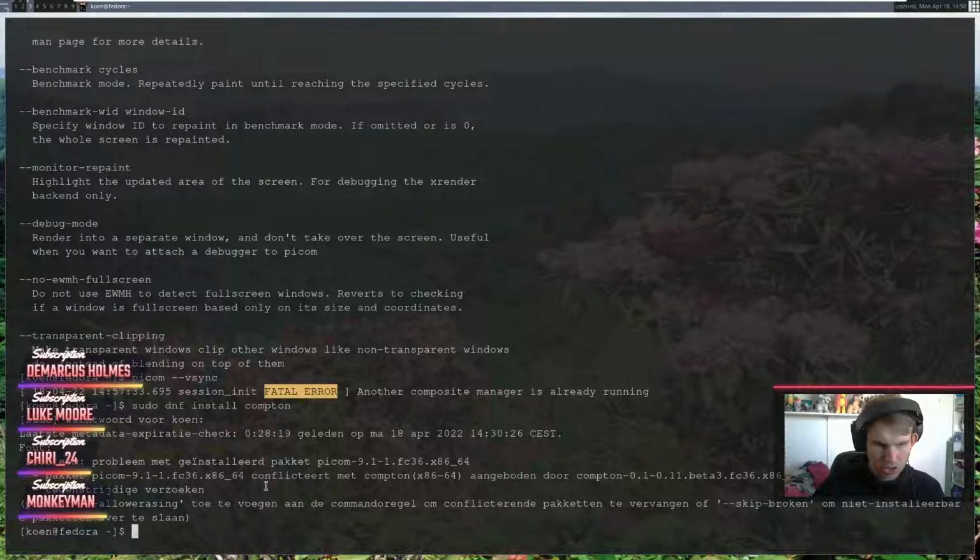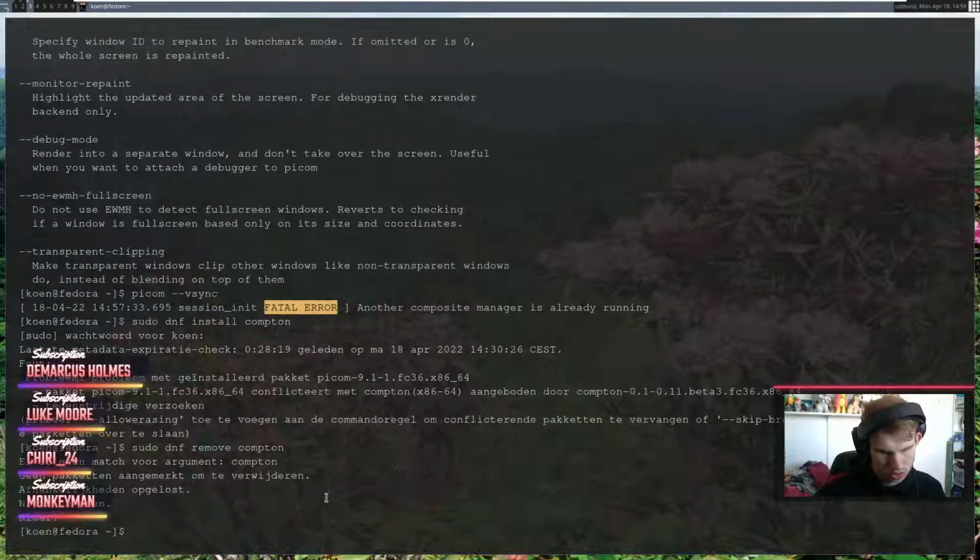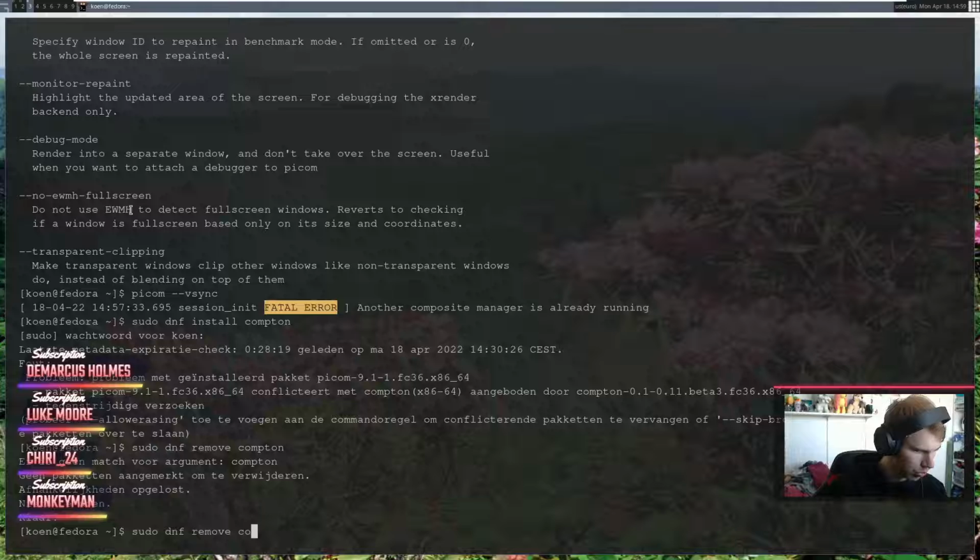No, it doesn't appear that it's installed. Yeah, it's not in there. So there is another compositor that's interfering with PyCom.